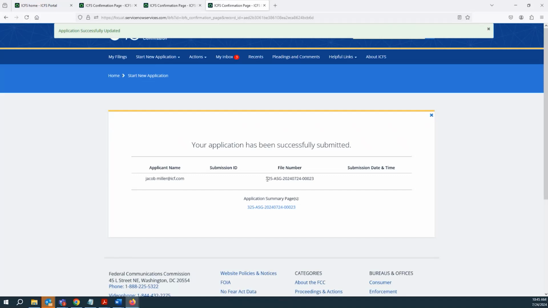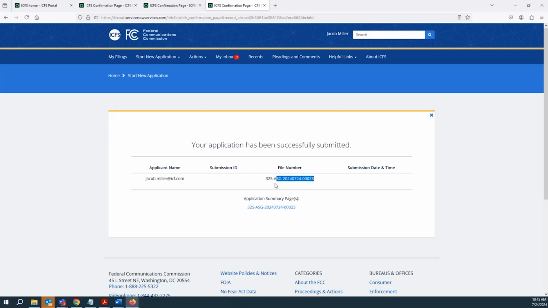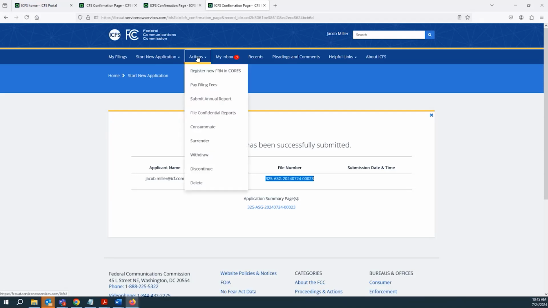Right, and now my 325 ASG has been submitted. It's going to go to a review process by the FCC. And when the internal review process is complete and your application has been granted, and your application is now in pending consummation status, you can go to this consummate action under the Actions tab, this consummate link,